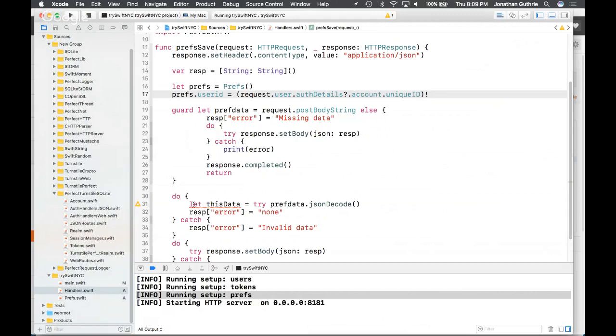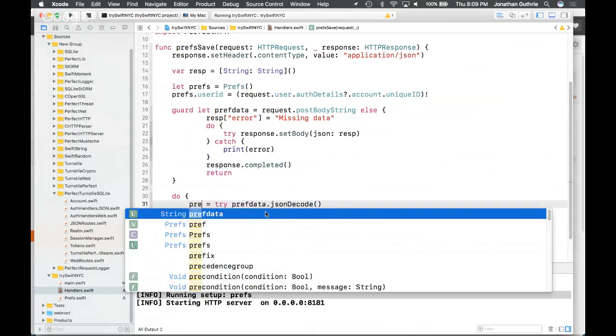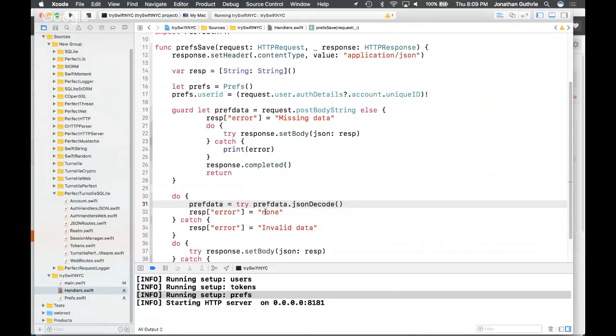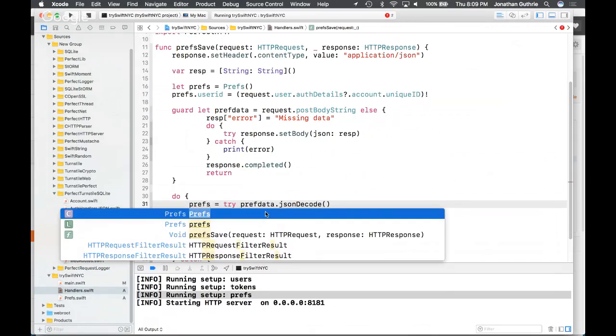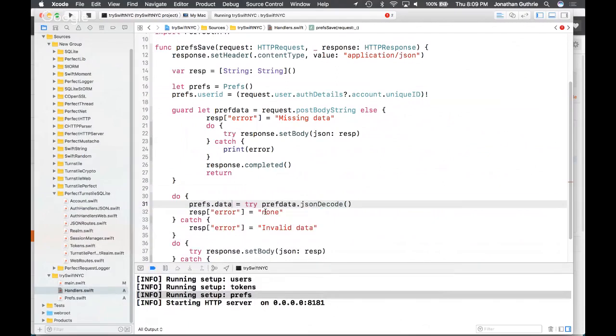Okay, now I just created this let data variable, and the reality is I don't need that anymore, so I can just simply pile that straight into prefs.data. Okay, because it's String: Any.